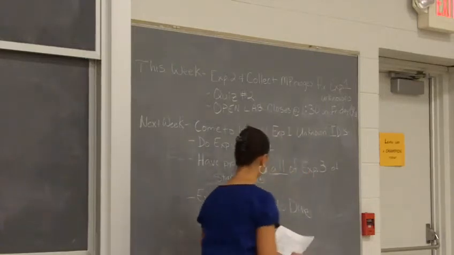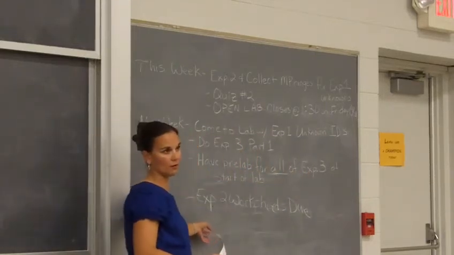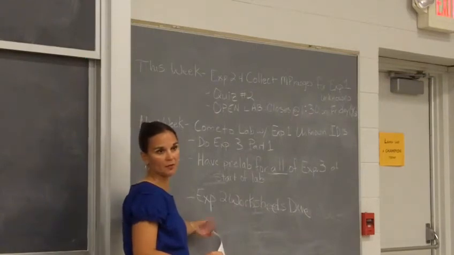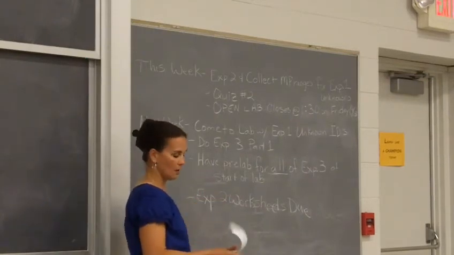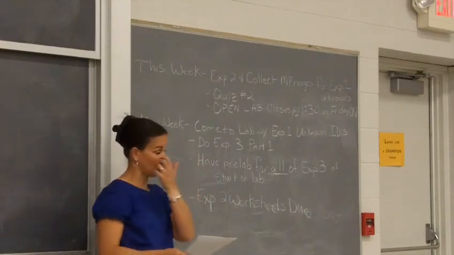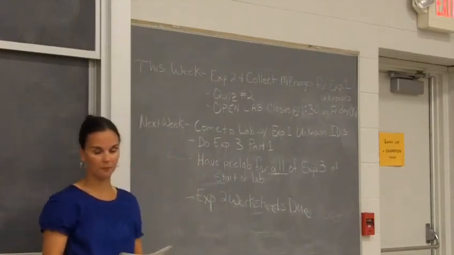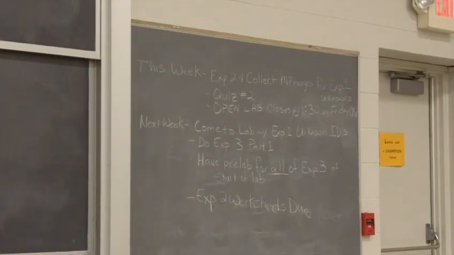So your second homework assignment is completing the worksheets that you'll work on in lab this week. So have your pre-lab, have your worksheets done for next week, and you should know the identities of your unknowns. Okay, so this week for experiment 2,